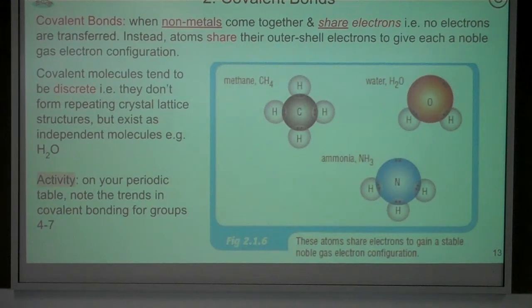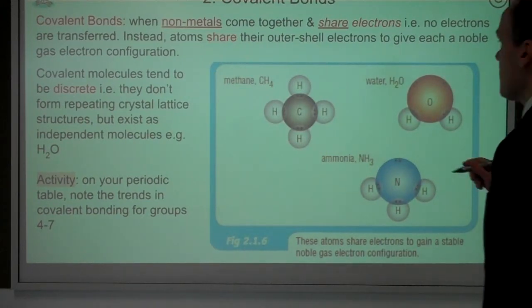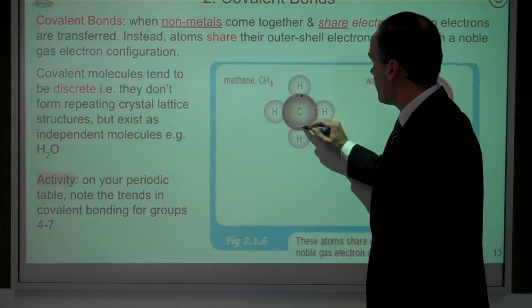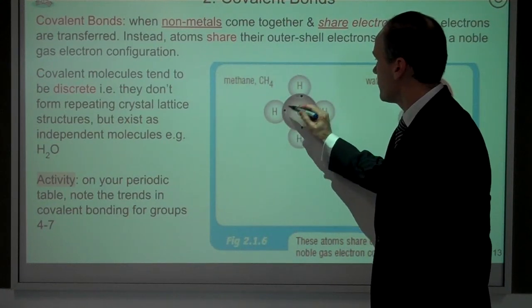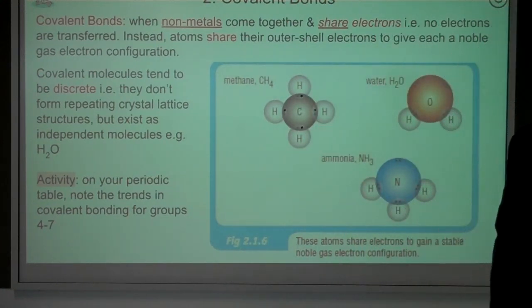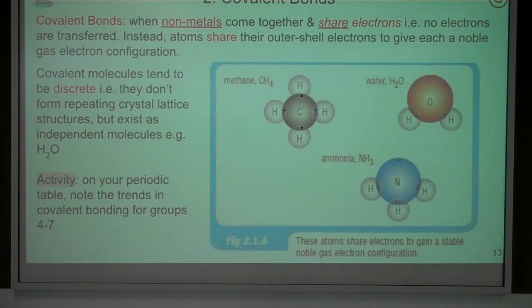Very quickly, on your periodic table, what group is carbon in? 4. Carbon is in group 4. How many valence electrons does carbon have? 4. So, this carbon has 4. Now, if the carbon has 4, but it wants 8 in its outer shell,